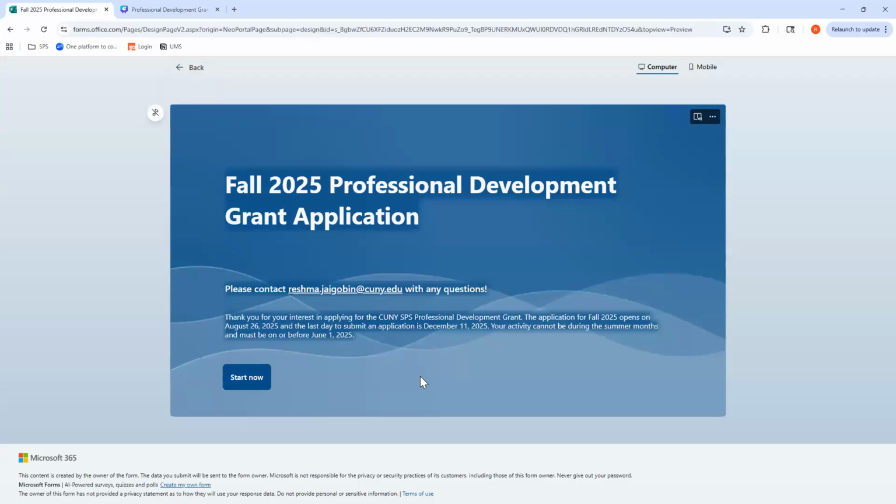So this is your landing page. It tells you that the application opens today, August 26th, and the last day to submit for the fall. As you can see, this is fall 2025. It tells you the last day you can submit. And then it says your activity cannot be during the summer months and it must be on or before June